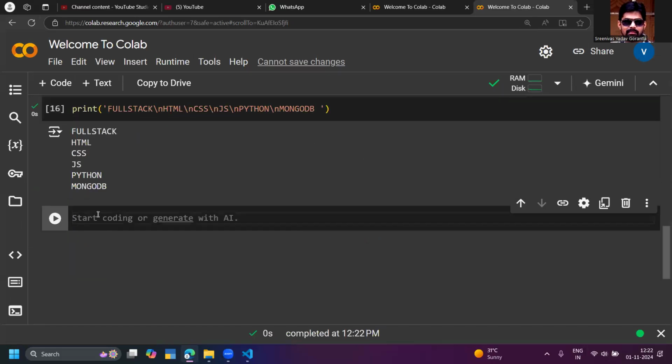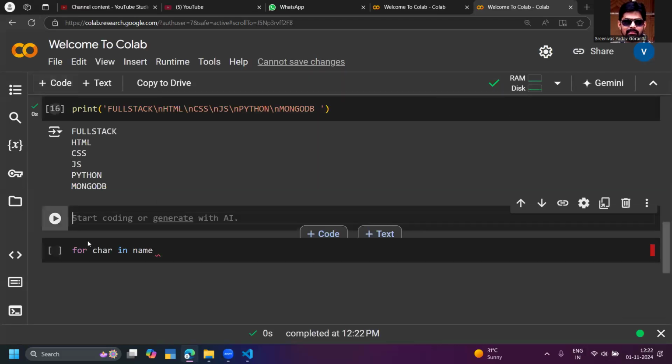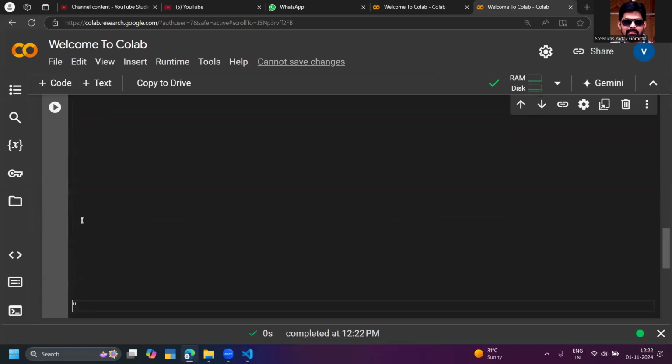Let us go with some other operations. I want to iterate the string. So whenever I want to iterate the string, for character in name. Suppose, for example, before that I want to specify a name. Okay, name is equal to something like